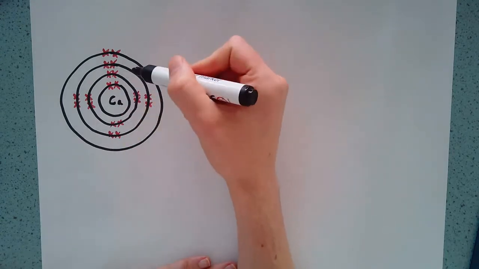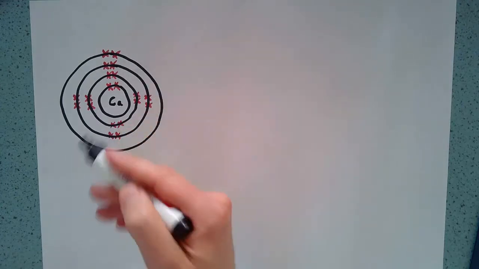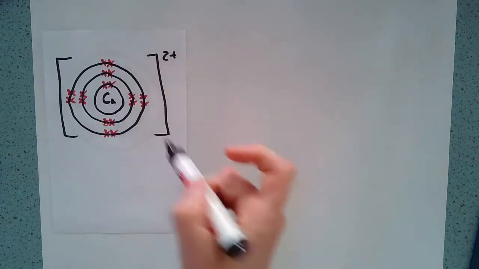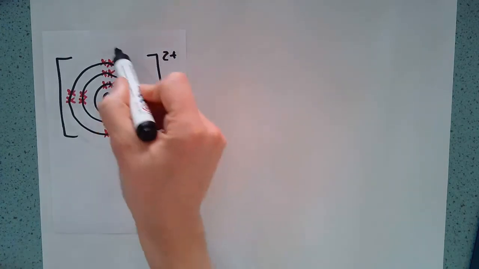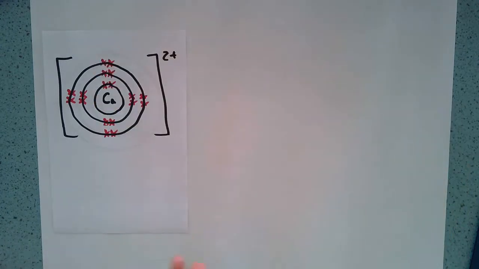And this works really well to explain, for example, why calcium forms a 2+ ion, because we have these 2 electrons on the outer shell, and of course, when we take them away, we end up with an ion with a 2+ charge as those 2 electrons have been removed. And that works really well for elements 1 to 20, but it's not a perfect model, and it tends to